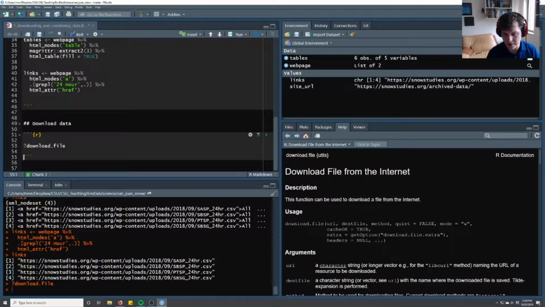So this is just a command, and it's going to download a file using a URL, and then I need to tell it where to go. When I tell it where to go, I obviously want to name it something useful, so I probably want to get this name at the very end of this long list, SASP 24 hours. The SASP is going to be the snow angel plot. So let's go ahead and